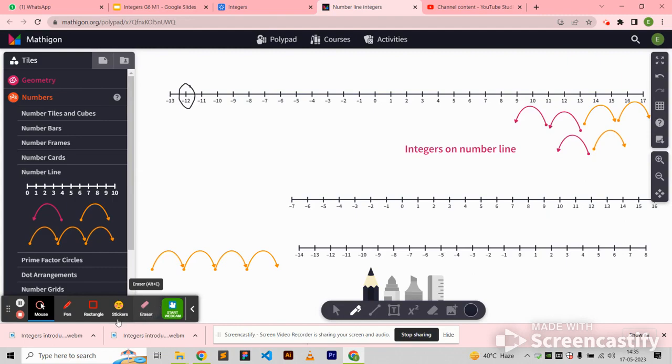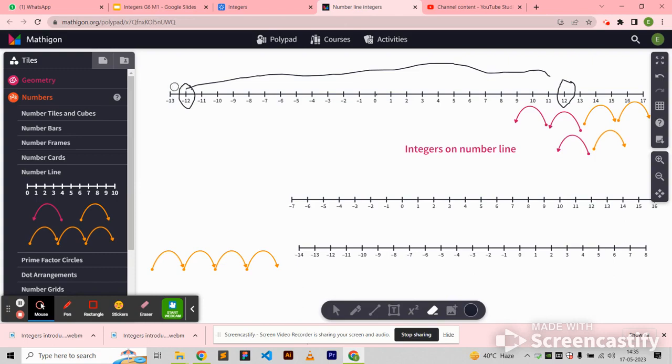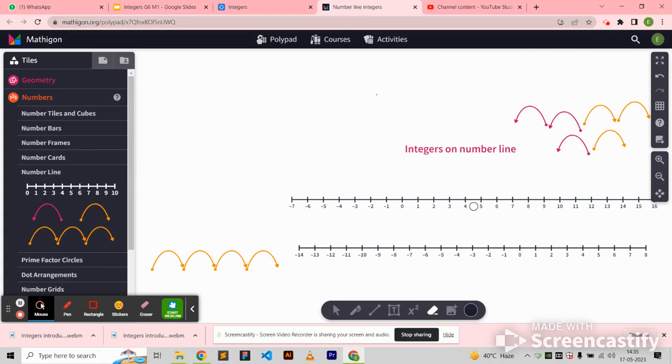Okay, like this you will locate one by one. And similarly, when you have to tell the opposite of the integer, so go to the opposite of the 0, the positive, which will be the opposite integer. This is 12, like this. Okay, and this is an eraser which can be used to erase it.